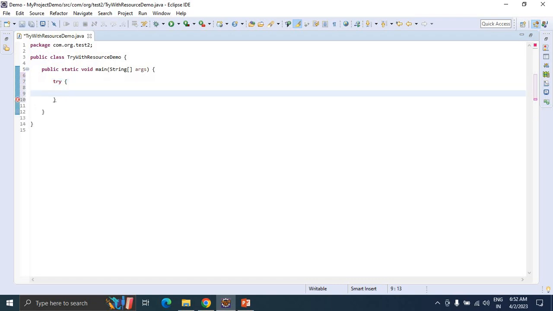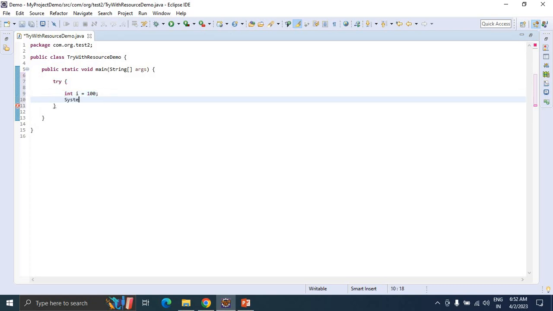And here we can declare it, right? For example, I'm declaring some values here, int i equal to 100. And I'm just going to print it: the value of i is plus i.